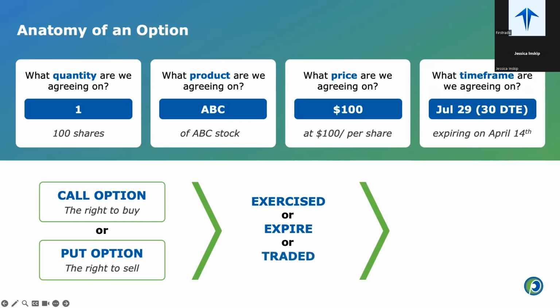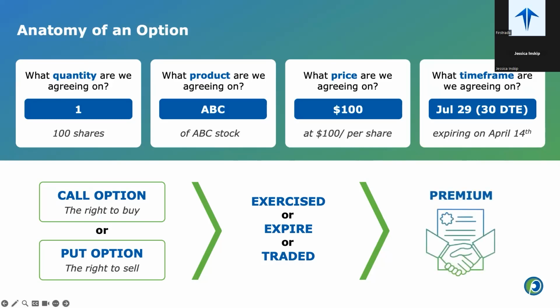And then last and certainly not least is traded. You can trade that option on the secondary market. So when we are buying the call, the way you'd enter that order, we would buy the call to open. You would pay a premium for that when you're trading it on the market through your order ticket. You can also sell the call to close. So you just do the opposite transaction. And you do that on the secondary market for a price. That's trading the option. And that price is referred to as the premium, which we'll talk about how that's comprised and what makes up an options premium, which is extremely important to know when you dive into the world of